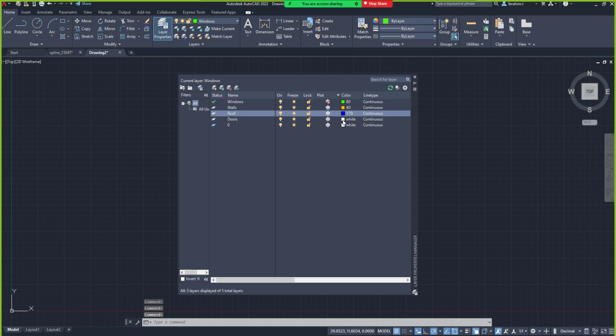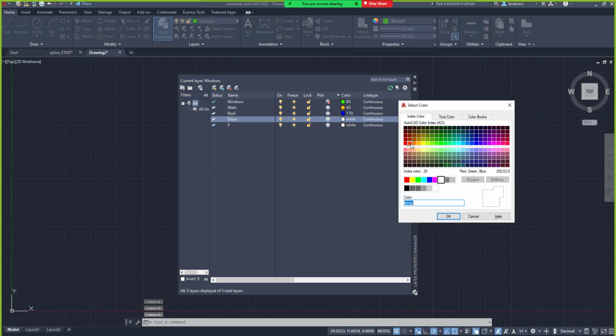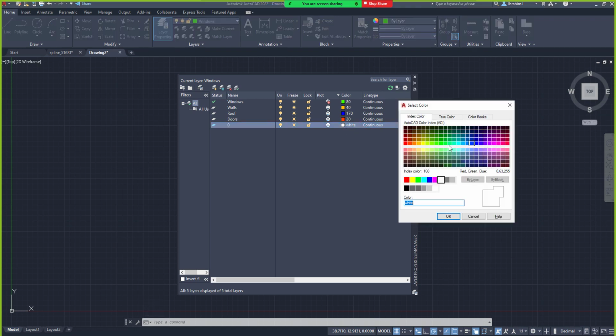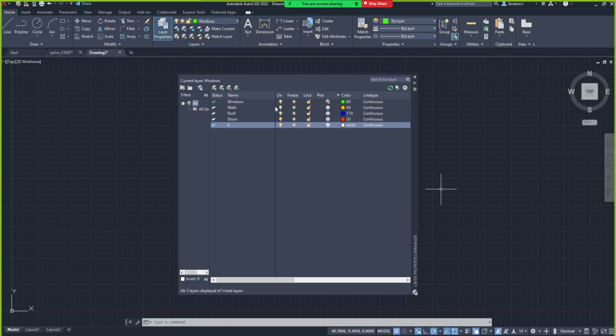I want to use the door, and then we are going to use the red, like you said. So now you can see the layer 0 is still there. You can decide to color your layer 0. You have that access, so you can do whatever you want to your layer 0. But AutoCAD will always leave your layer 0 active here on the